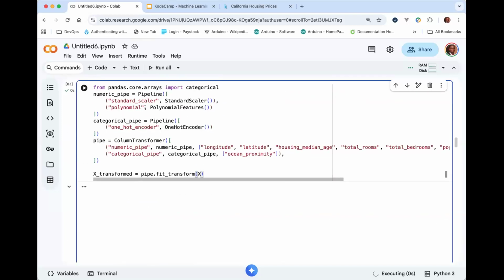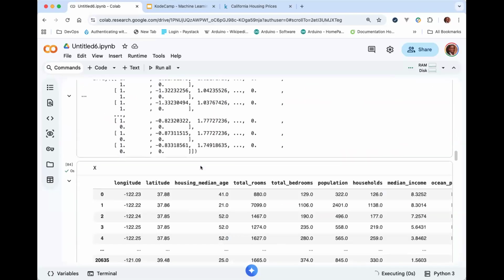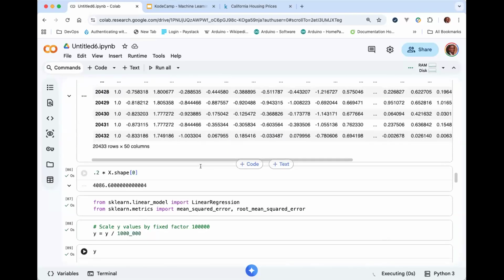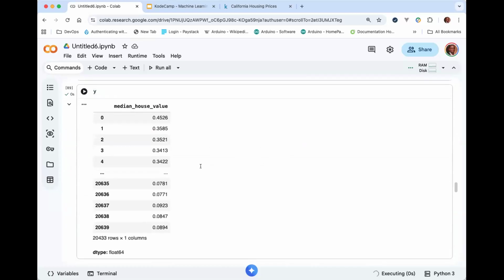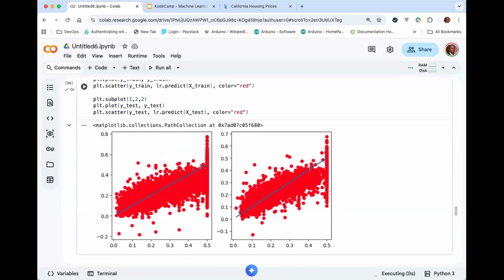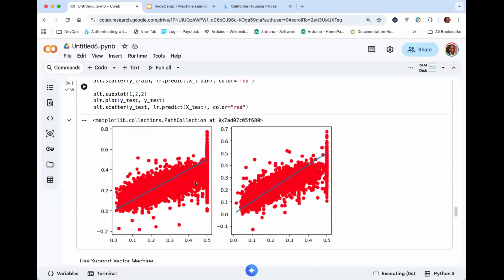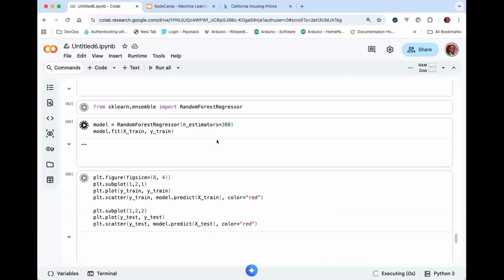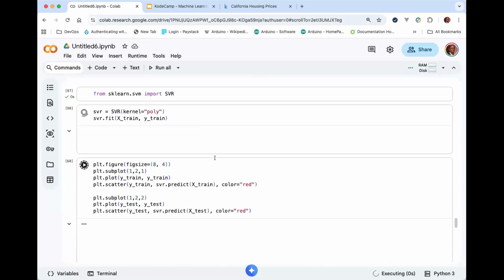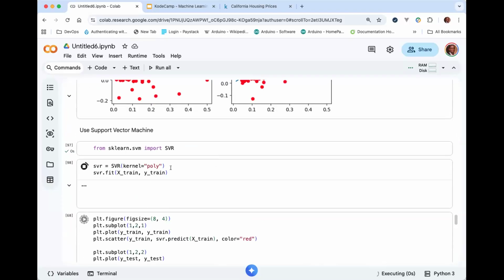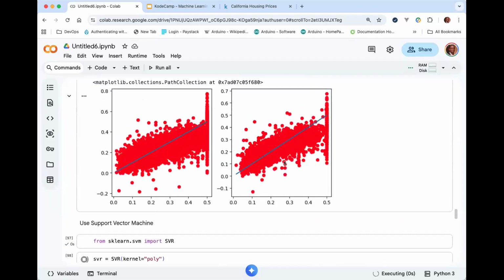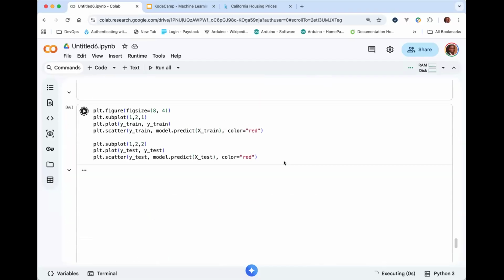Now, with polynomial features here, let's see how a linear regression model now does. Well, it's not as bad as before. It's still not as good as the others, right? But it tries to fit better than before. Okay, so let's do RFE. Our SVR is still running. We will now do RFE, which is recursive